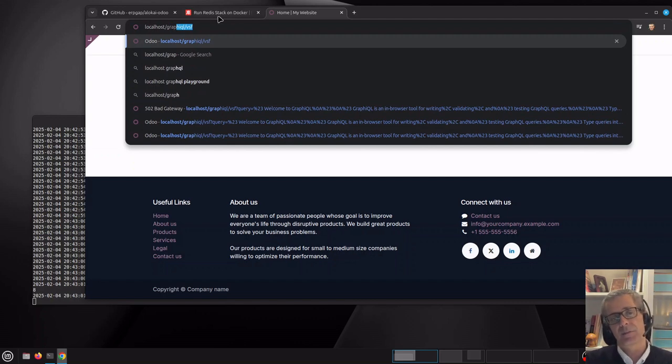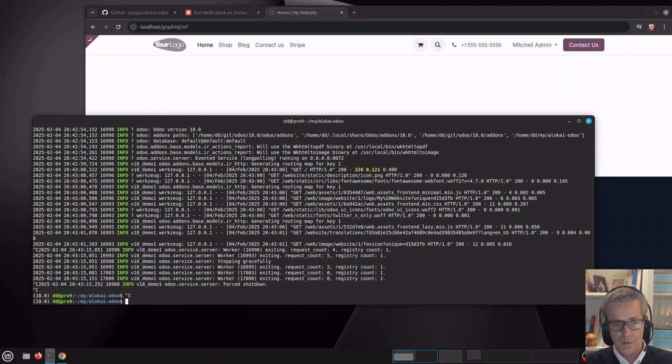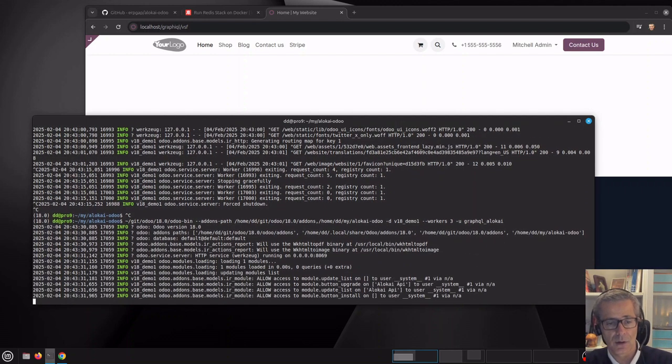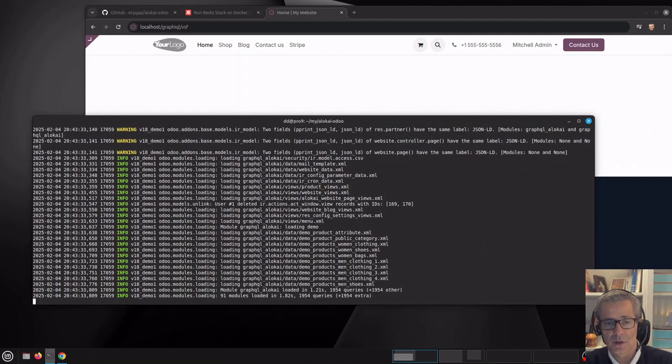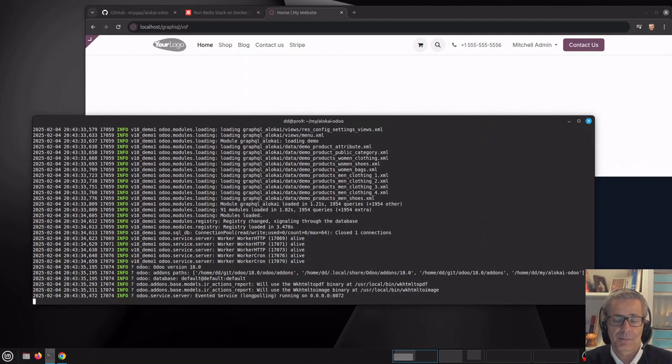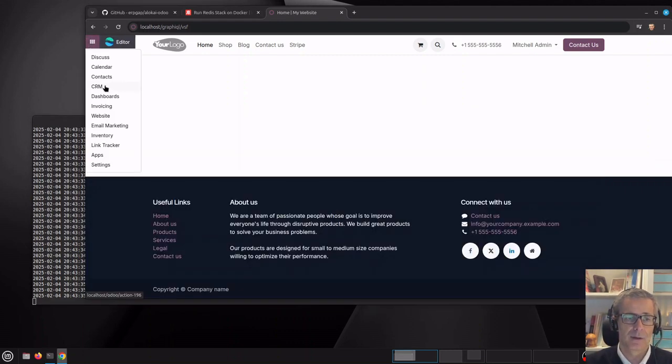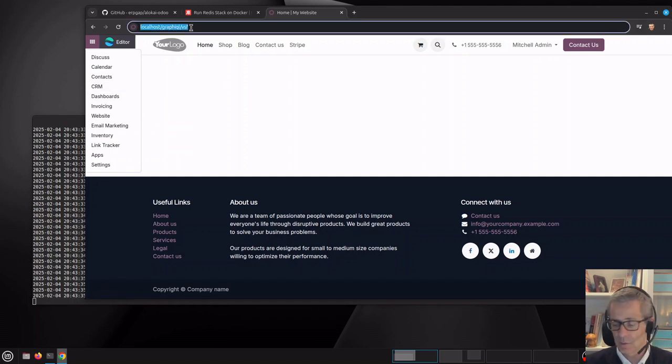Before I do this, the first thing you should do is -i graphql_alokai. Install this module. When it's done, it will stop the log. I'll just do -u so you see it's there. I'm just updating it. So now you can go here to graphql/vsf, and you'll open the